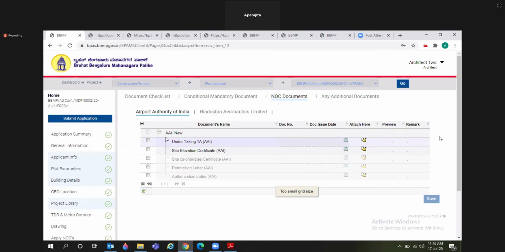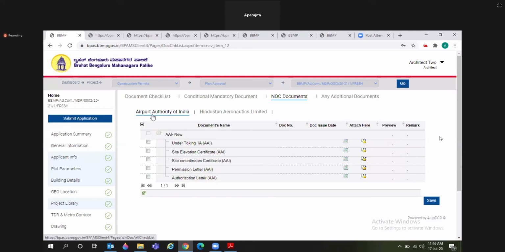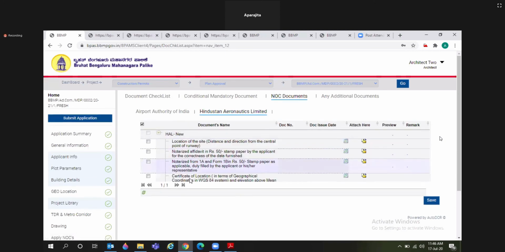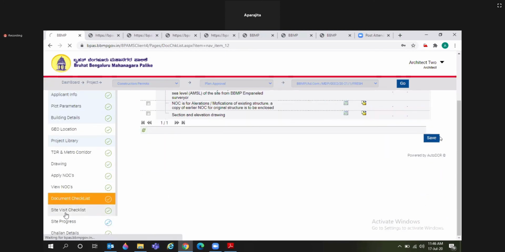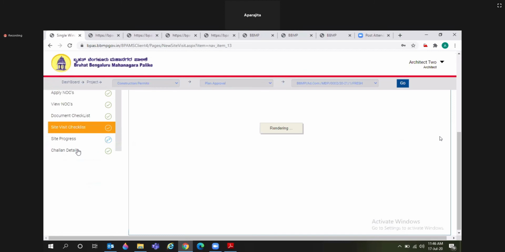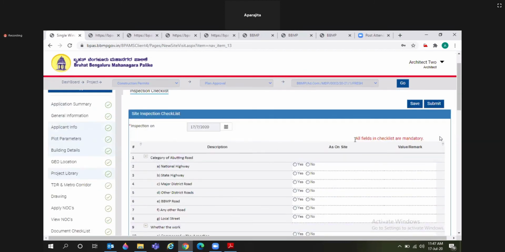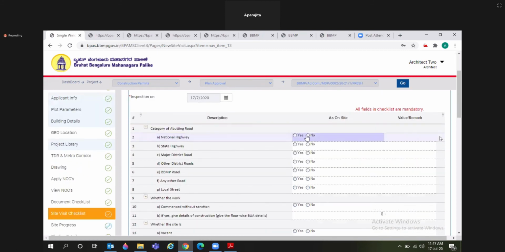And from here, for the NOC department, you have to attach a document for that concerned NOC department. After that, site visit checklist. In the EODB system, a professional has to visit the site and fill in this site inspection checklist.